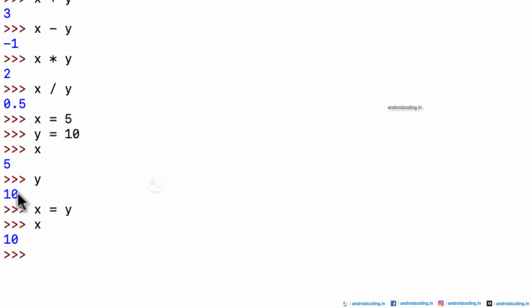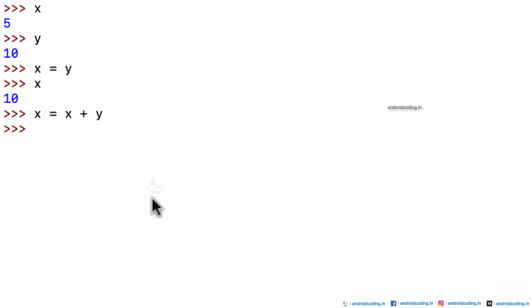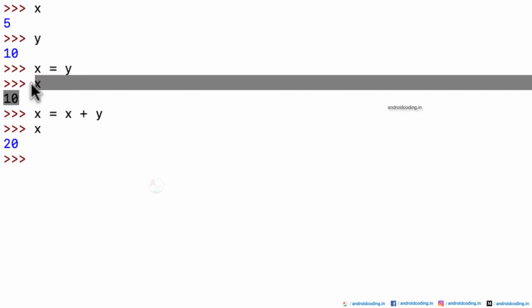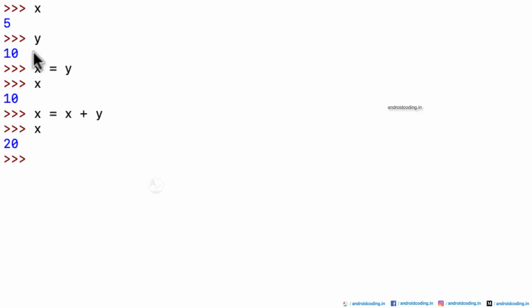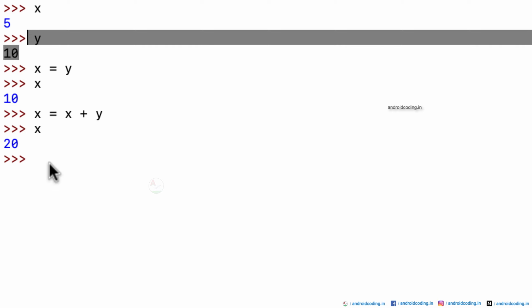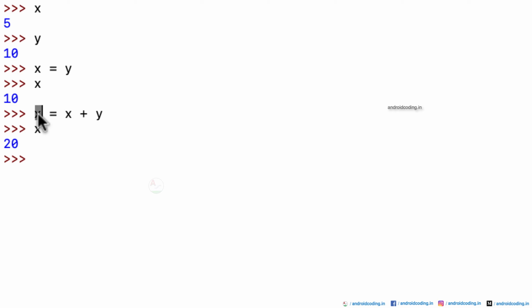So the value of y is now assigned to x here, and now let us try x equal to x plus y, and see the value of x. It will be 20. Why? Because previously x was 10 and y was 10, and now we are performing addition and assigning it to the x variable.